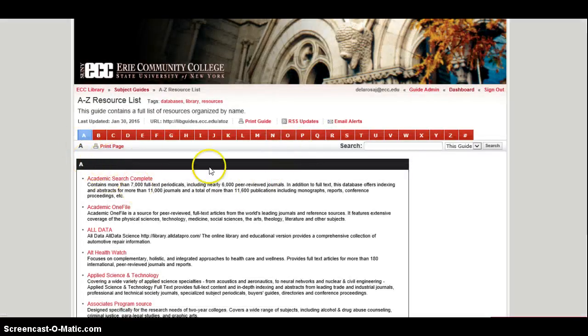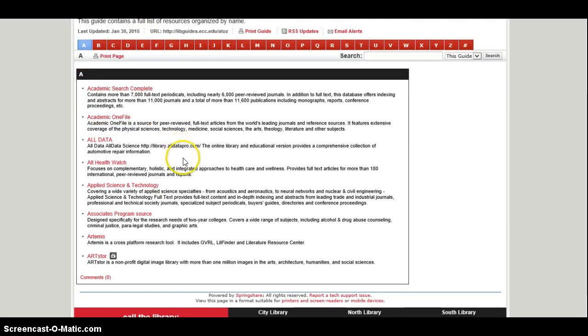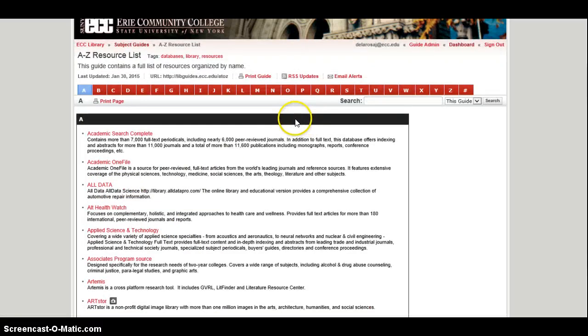It's going to bring me into an alphabetical list of all of the databases that the library subscribes to. It's going to give you the title of the database, that's the link to get into it, as well as a short description of what type of content you can find. You can see the first one for Academic Search Complete contains more than 7,000 full-text periodicals, covers a lot of different topics and different disciplines. Some of these are more specific, such as applied science and technology or health-related databases. Depends on what type of research you're doing. Okay, so this is a strictly alphabetical list. If I go back one page